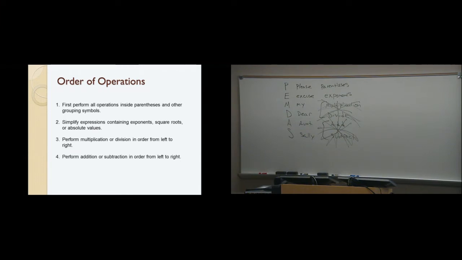But isn't it parentheses first, exponents, then add and subtract as it occurs left to right? It's multiply and divide as it occurs, nope, left to right. You're going to do parentheses or all grouping symbols, and we'll talk about that because there's more grouping symbols than just parentheses. But you're going to do all the grouping symbols first, so the operations within the grouping symbols you're going to perform first. Then you're going to evaluate all exponents, roots, and absolute values. Once that's done, you will multiply or divide in the order it occurs from left to right, and then you'll add or subtract in the order it occurs from left to right. Okay? That's the real order of